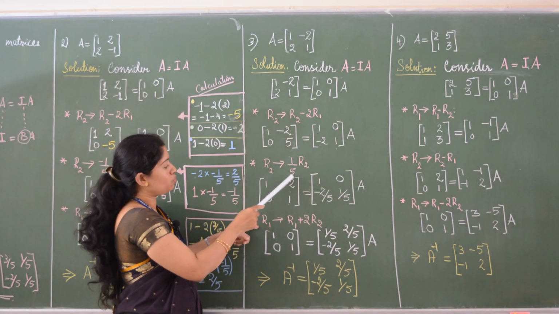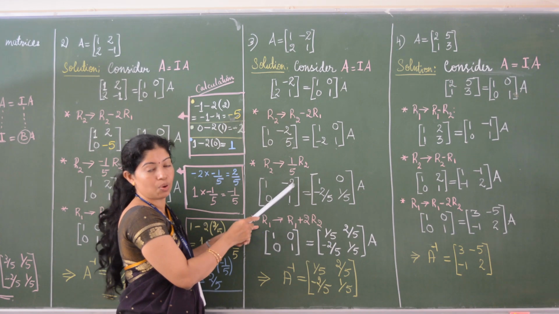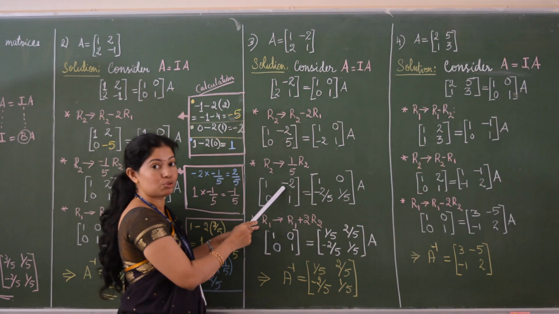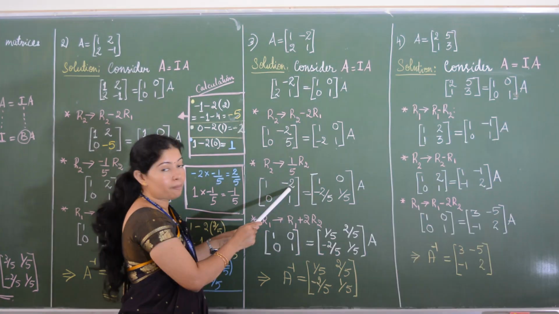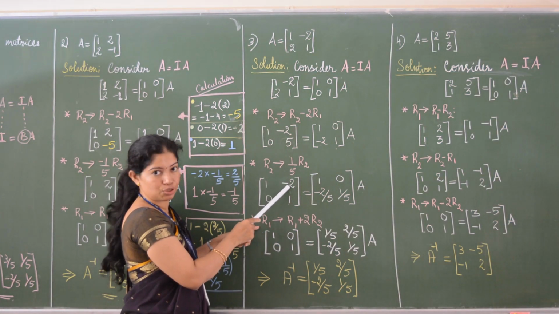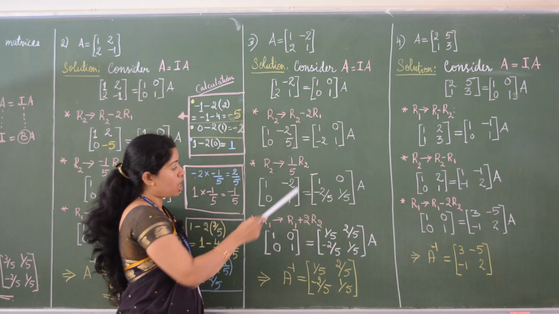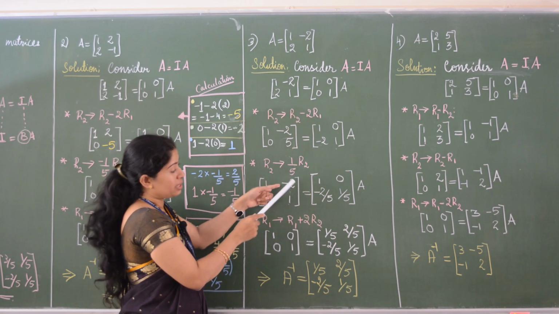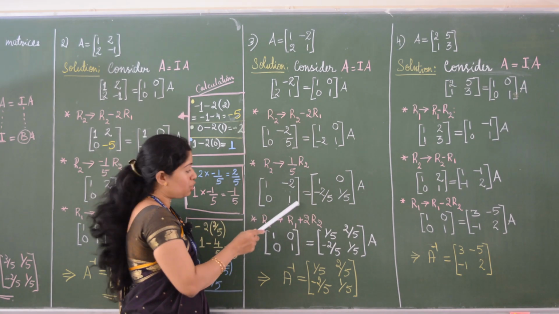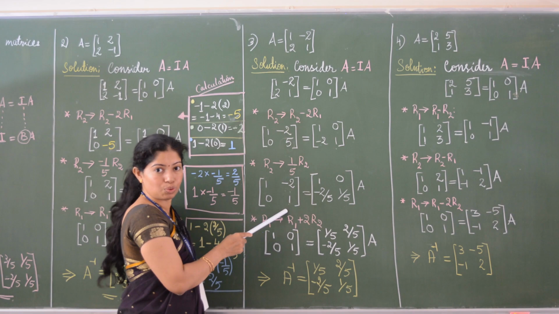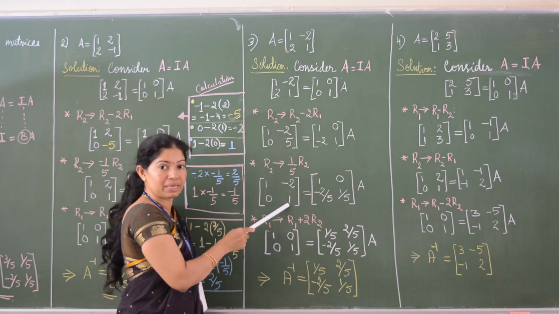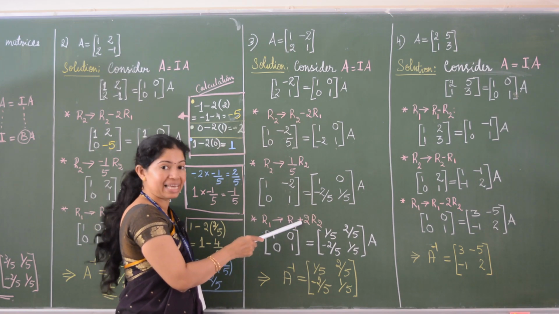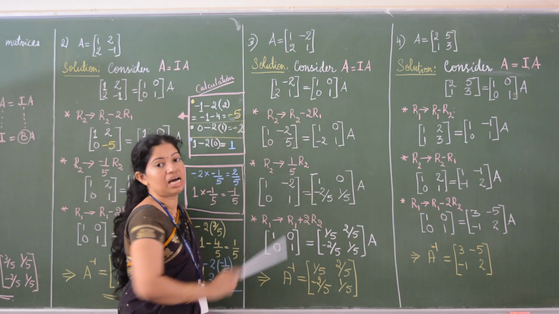Next we have to make this entry as 0. This element is there in the first row. So you have to apply the operation to the first row. So R1 changes to what? How to make this entry as a 0? It is this one, R1 plus, you need to multiply this one by 2. So minus 2 plus 2 will become 0. So operation is R1 changes to R1 plus 2 times of R2.